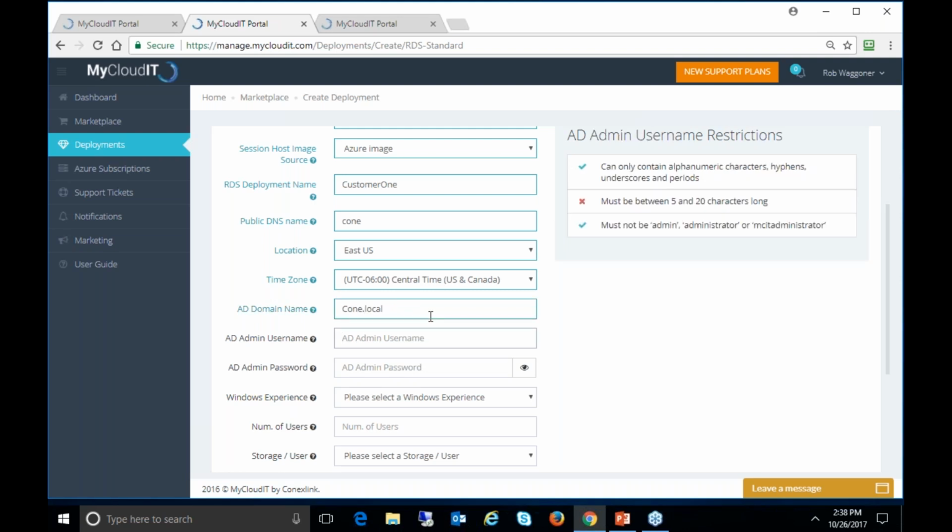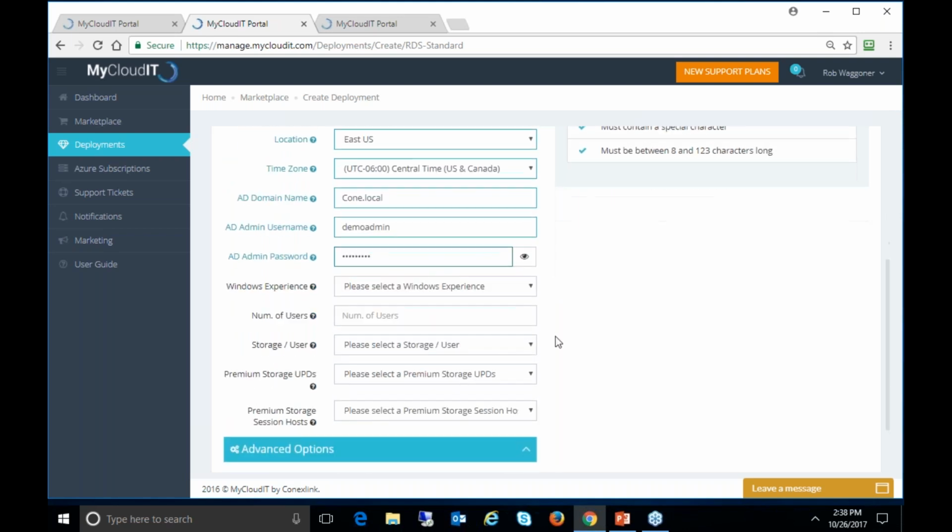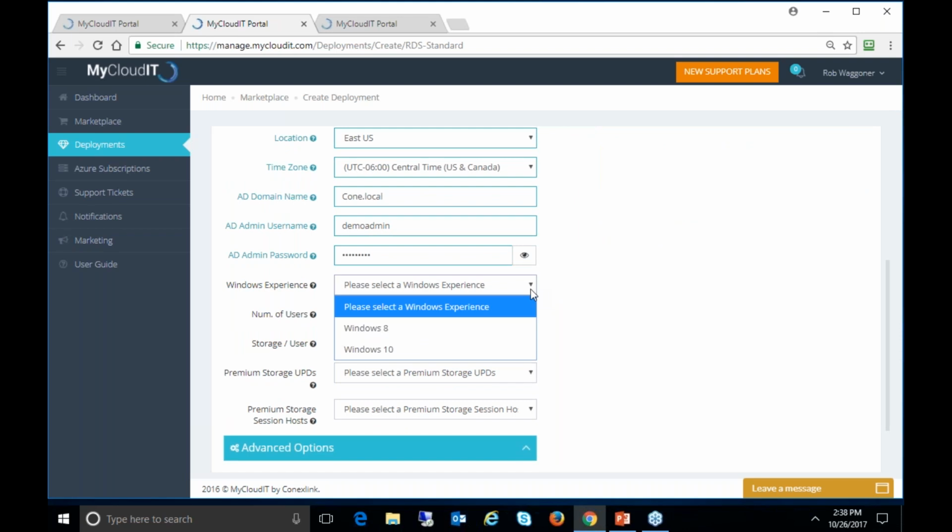So here I can just say, create a new one. If we're integrating into an existing domain, then this, of course, would be the existing domain name and an existing domain admin set of credentials. And then, because I said grab the Azure image, do we want the Windows 8 or the Windows 10 user